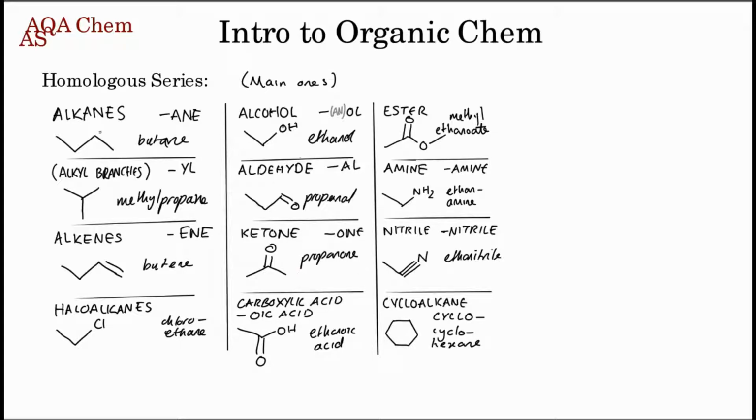But first of all, obviously we start with the alkane. Right? Just normal old butane. And then you can have the alkyl branches. Branches are a part of a thing called isomerism, which we'll get onto later, in the next video. Don't worry, that is coming out soon. And then you get your alkenes, and these are the, well, these two really are the 2 I was talking about earlier. Alkenes have the C, double bond C, as the functional group.